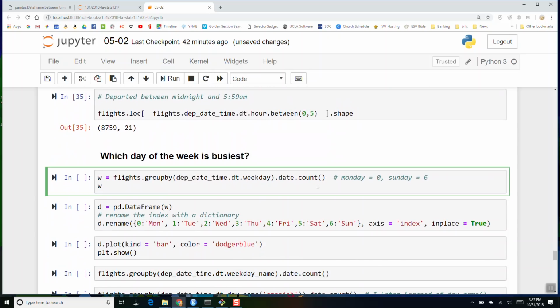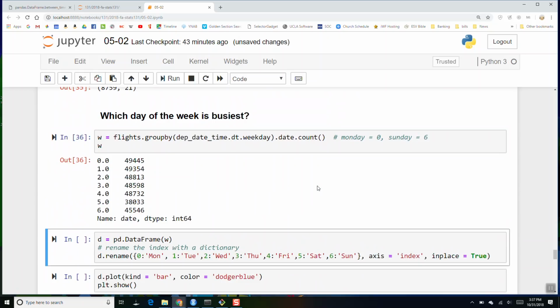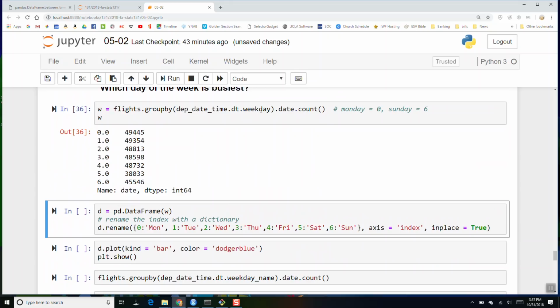And then I was just looking at a few other things, like which day of the week is the busiest. At least as far as the departure days go, we'll pull out the weekday information. 0 is Monday and Sunday is 6. And it looks like Saturday is actually the least busy day at the airport. And then if you want to label these, you can use